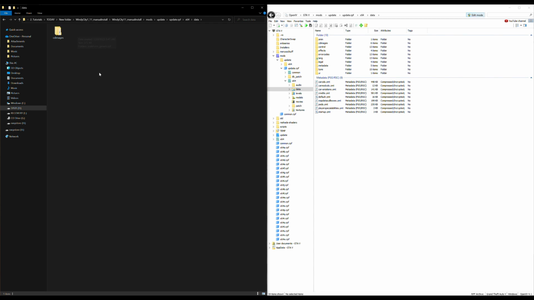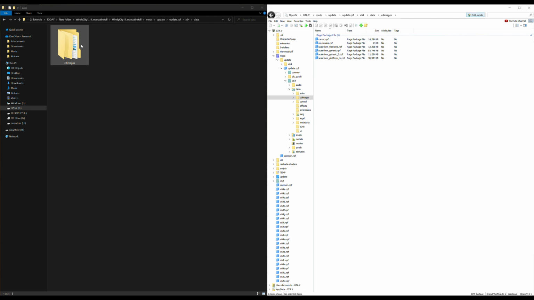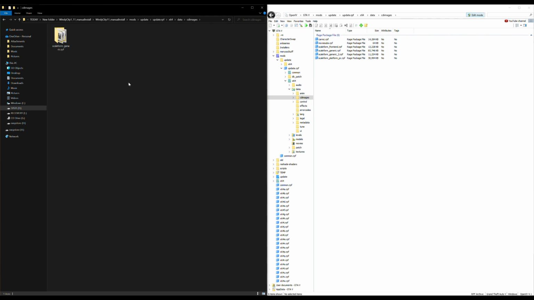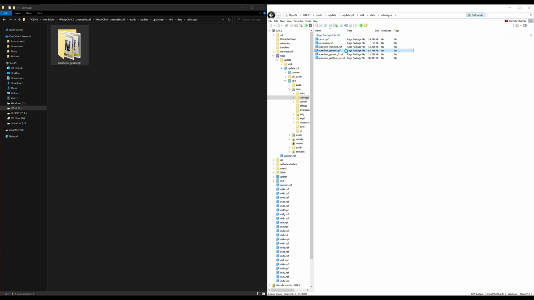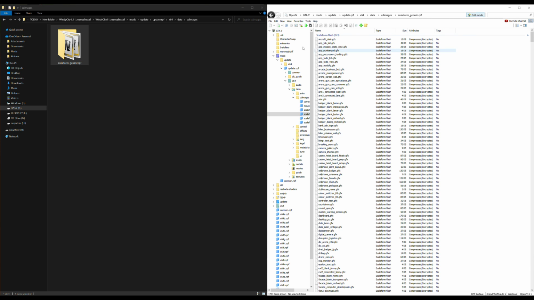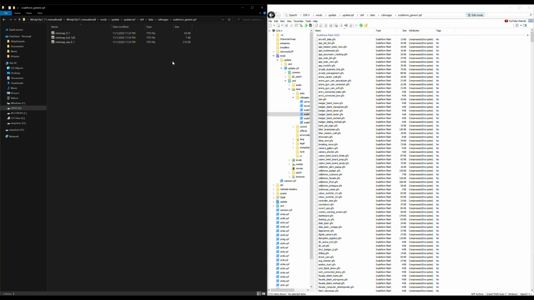Then CD images. Select CD images here in open4. Select it here. Then the next folder it says go into, or archive it says go into, is scaleform_generic.rpf. So let's find that over here in open4. Open that one up. Now that that is open, let's go ahead and open up this folder, and we are